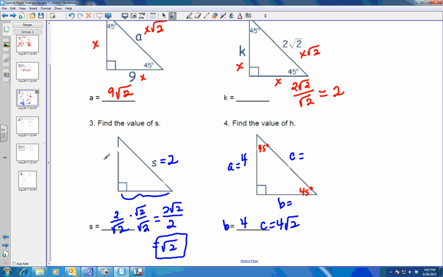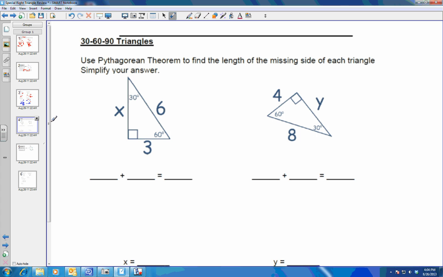So those are our special right triangles. Let's go to the 30, 60, 90 triangles. In a 30, 60, 90, we're going to use the Pythagorean Theorem again to find the missing side. So I'm going to start with this one. X squared plus 3 squared equals 6 squared. X squared plus 9 equals 36. When I subtract 9 from both sides, I get 27. Take the square root,